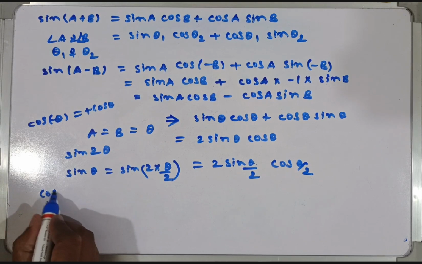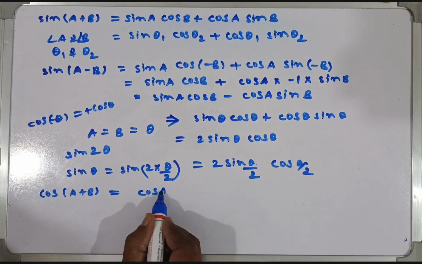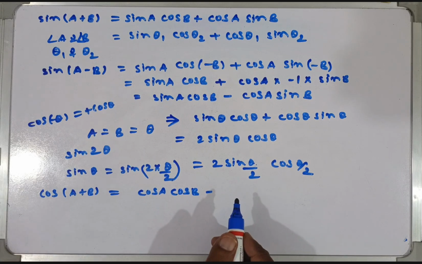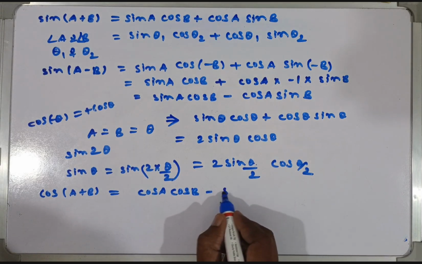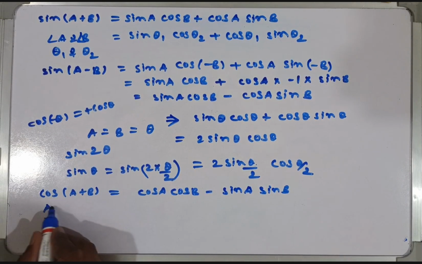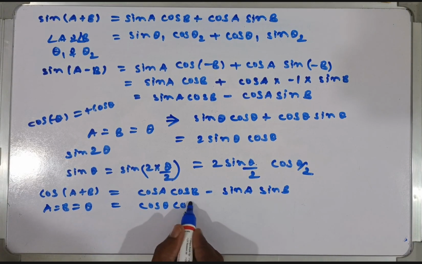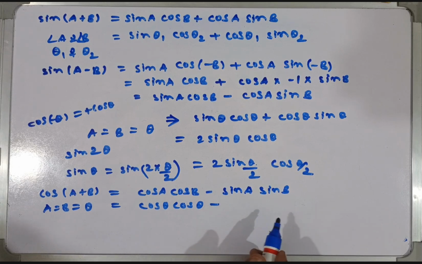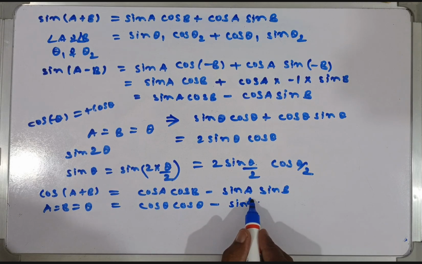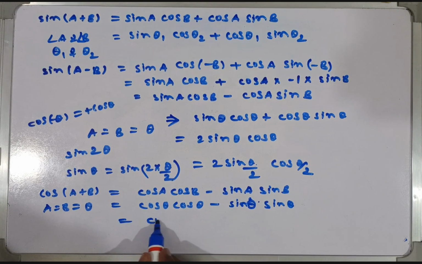So guys, what about cos a plus cos b? So this is cos a into cos b with negative sign, sine a into sine b. If a equal to b equal to theta, so this one becomes cos theta into cos theta, minus sine theta into sine theta. So this is cos square